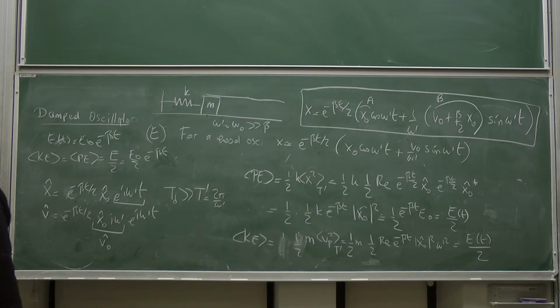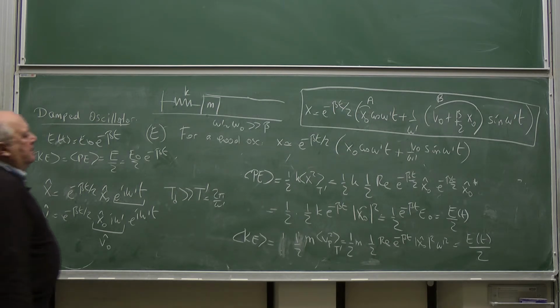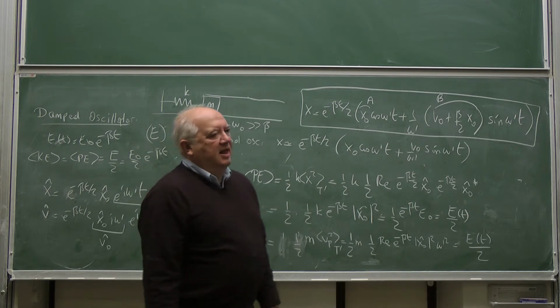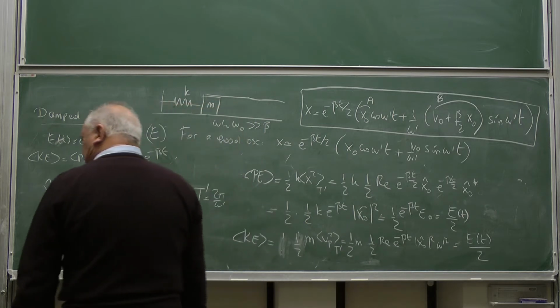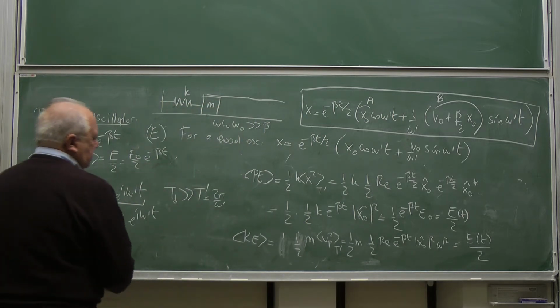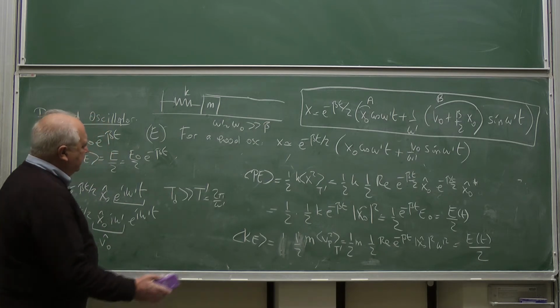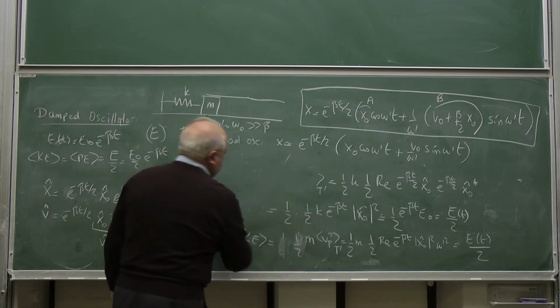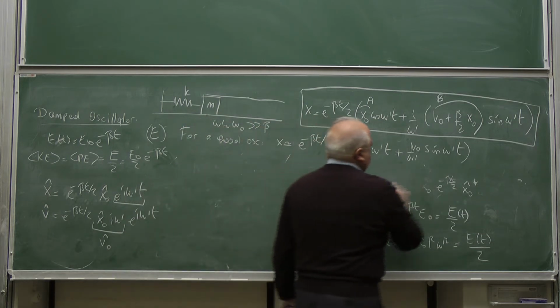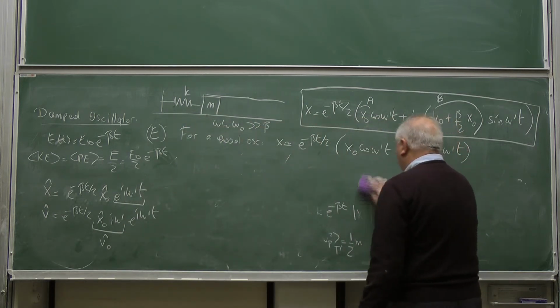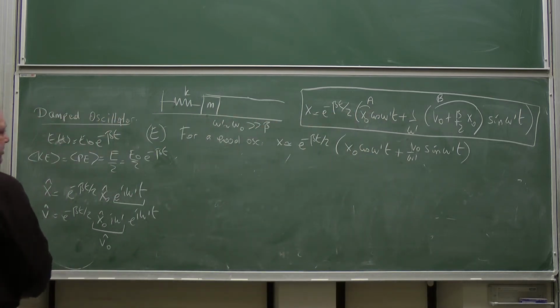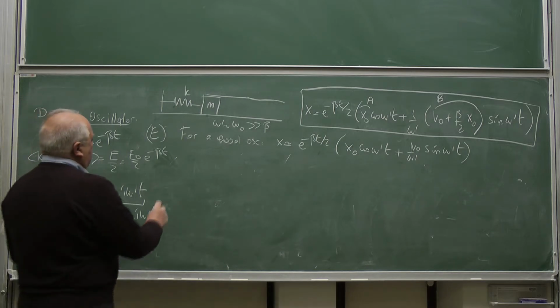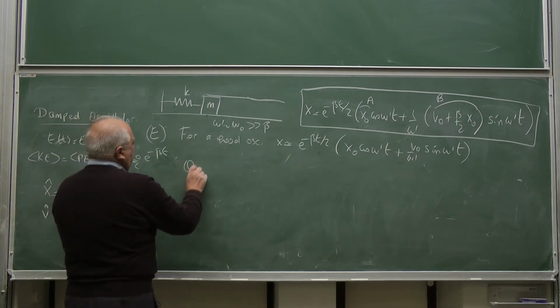Okay, now there is an important concept with these oscillators. Now that our oscillators are not ideal, we want to know approximately how good an oscillator it is. So to measure that, traditionally one introduces a quality factor. As the name implies, quality factor tells me how good my oscillator is. Even though it is damped, how good is it? So it is defined like this. Quality factor